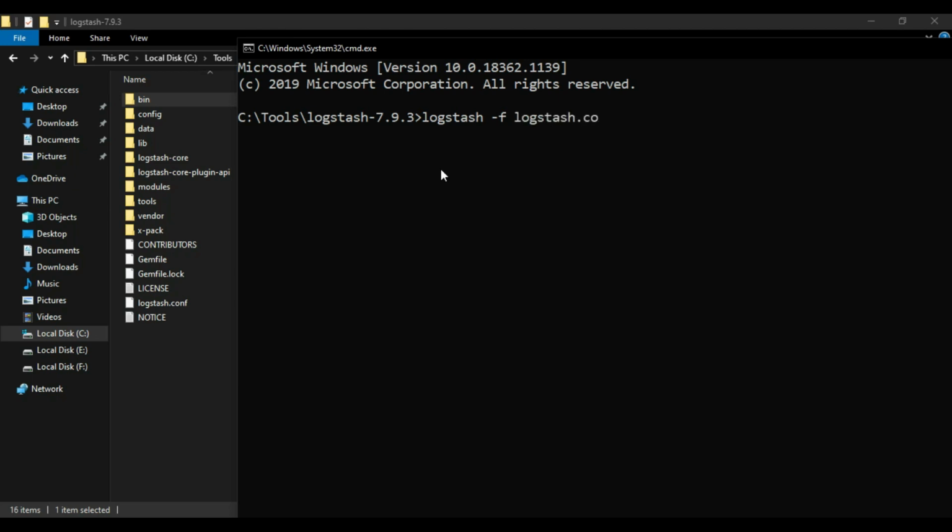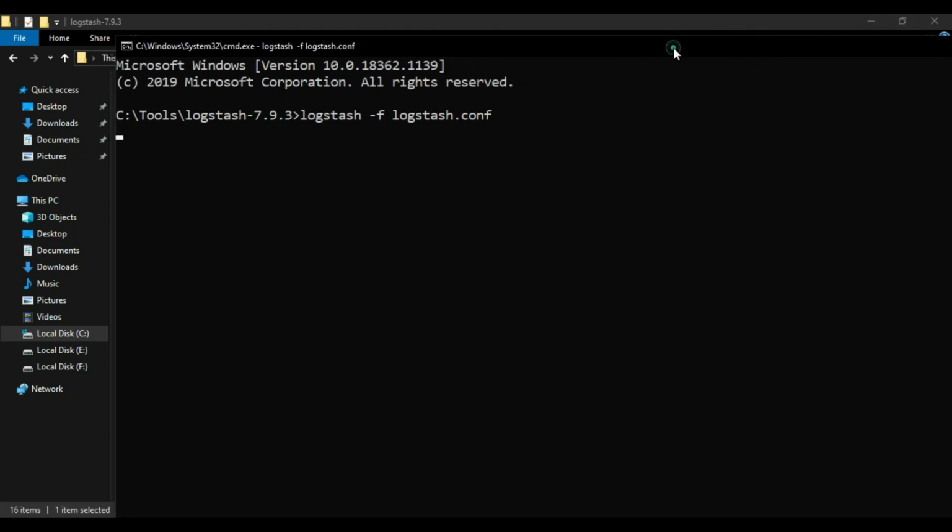It will start the logstash according to this configuration. So we have created one pipeline, and it will start the logstash along with that pipeline from the conf file.